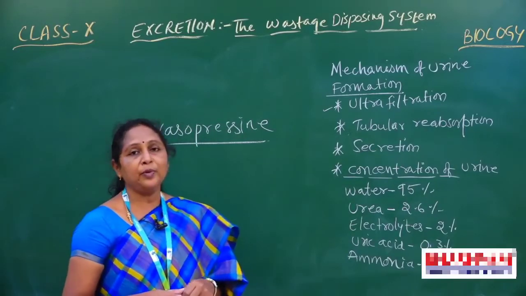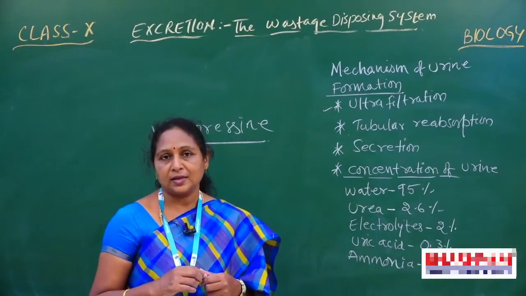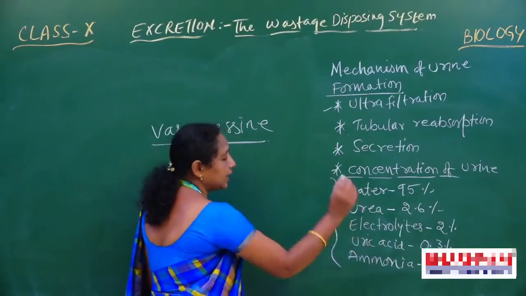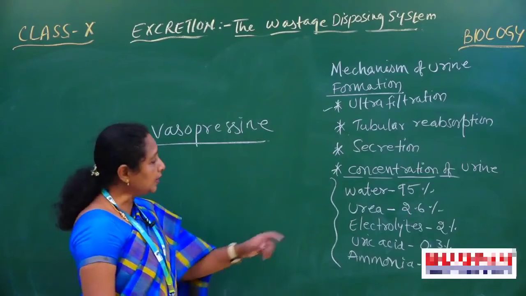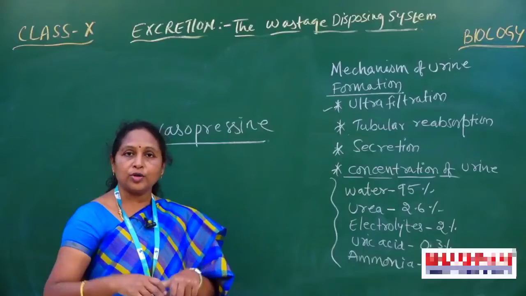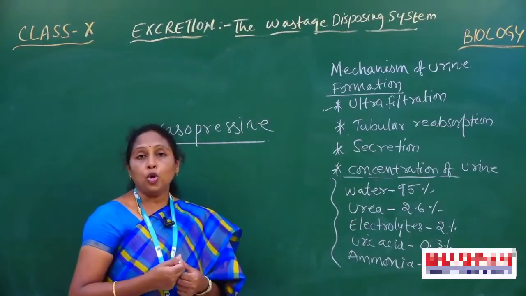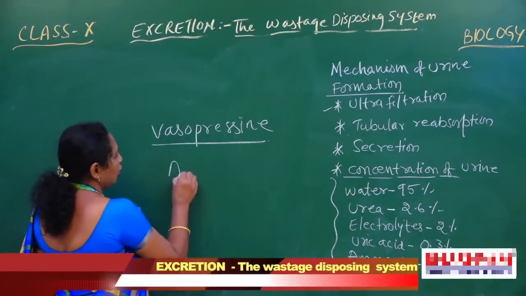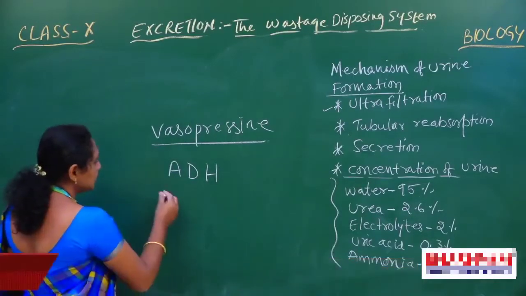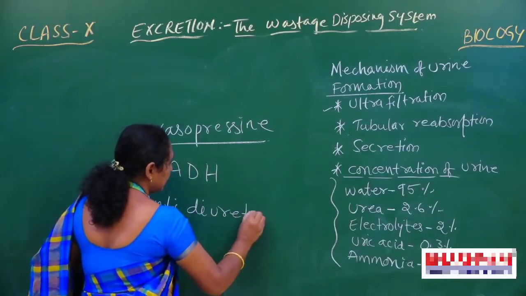You can see some people during the winter season urinate a number of times, or adult people also. When this concentration gets disturbed, in this urine the sugar levels either increase or decrease. Why? Because in our body one more controller is present. That controller we call ADH, anti-diuretic hormone. What is this one? Anti-diuretic hormone.